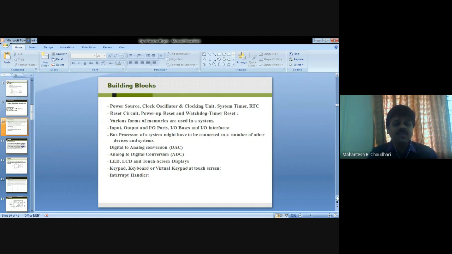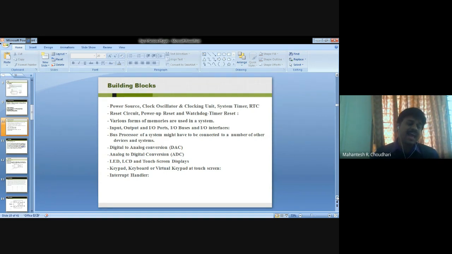And here are a few more things, like the various forms of memories used in systems. There might be internal RAM or internal ROM, PROM, EEPROM. Then external RAM for temporary data, and stack might be considered too. Then internal EEPROM or flash can be used.